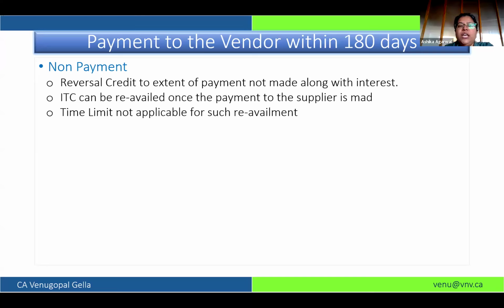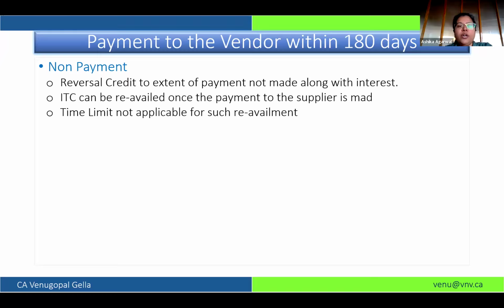Now, another question which comes to mind is, what would happen to my reclaimable ITC if it is beyond the time limit? As we are discussing, our time limit is the month of October. So it can be a case that I am reversing the ITC now because I have not made the payment, and I make the payment in the month of December.